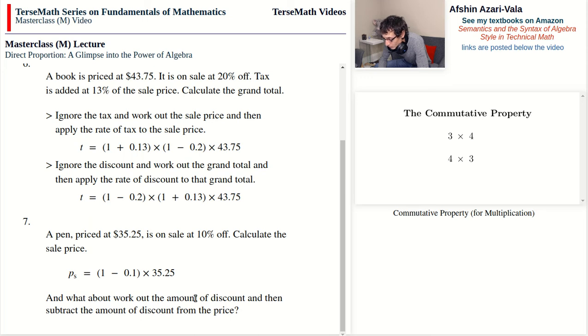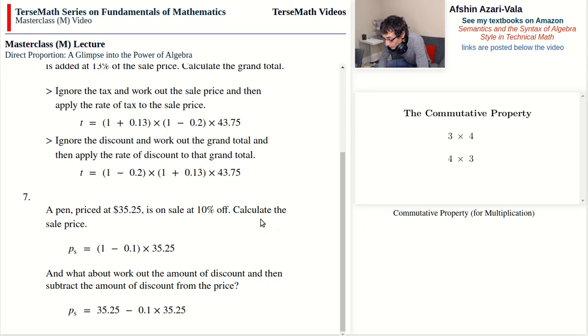for this particular problem, it's a bit different. I do very much realize that the common way to work out a problem like this is to work out the amount of discount, which is 10% of the price, and then subtract that from the price. However, we find that this other approach, where we find an equivalent percentage, the 90%, and then work out the sale price by multiplying it by the price, works much better when things get complicated. Now, before I tell you more about this,